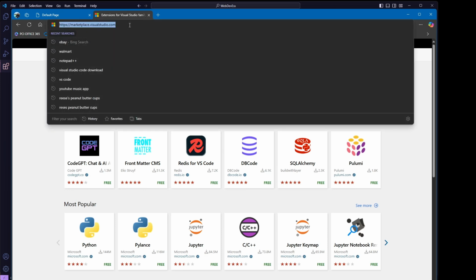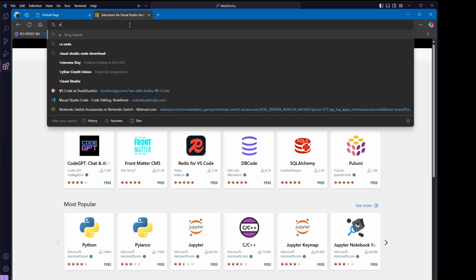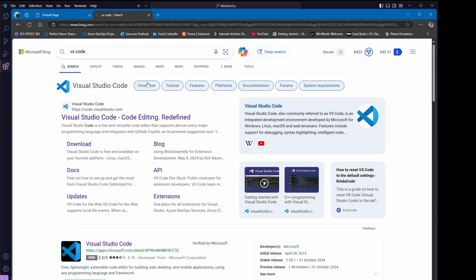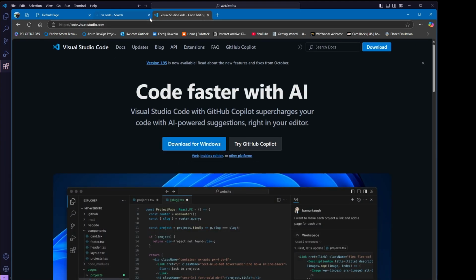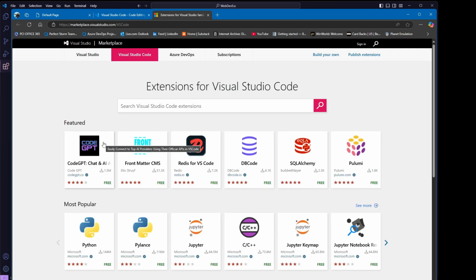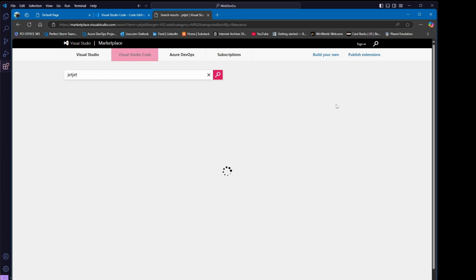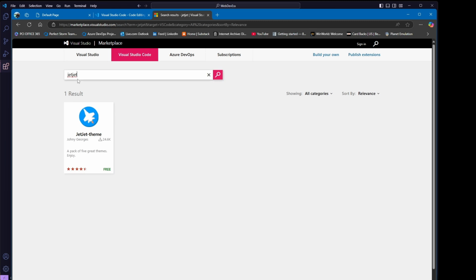If I were in the Visual Studio Code site, VS Code, and I wanted to get to the marketplace on my own, then there's docs, extensions, and boom, that's going to take us right into the extensions marketplace. And this is the top of it. So I could have done all my searches here. I could have said JetJet, and it would be a very similar result set to what you saw from inside of the IDE. See? So it lets you do all that from inside without leaving. If I do Darkula,